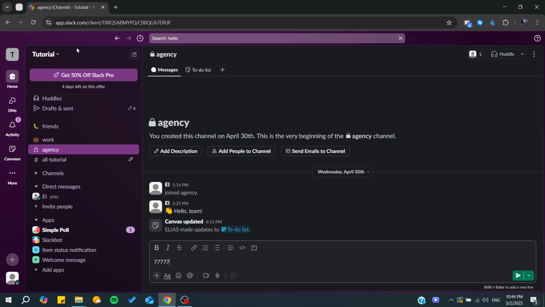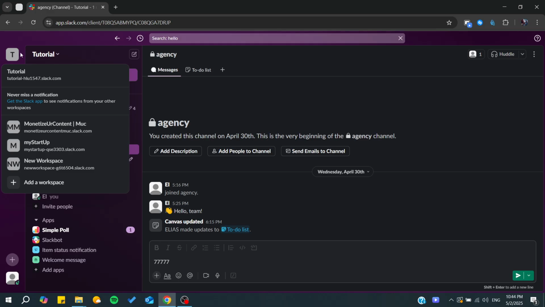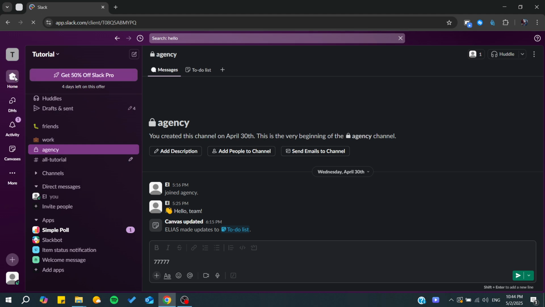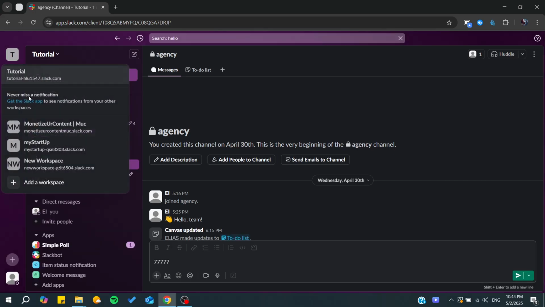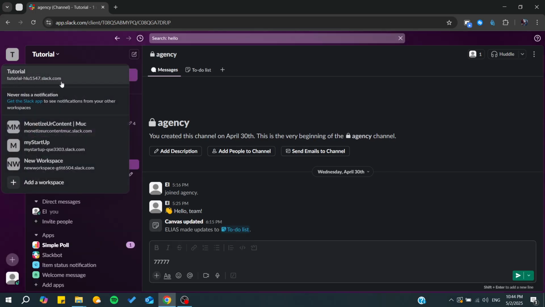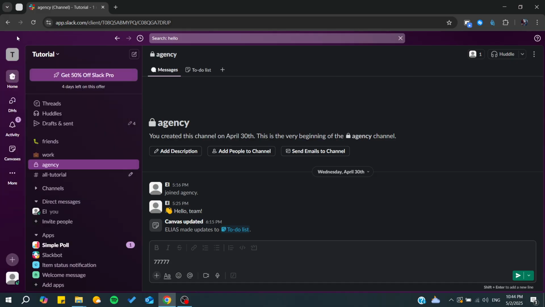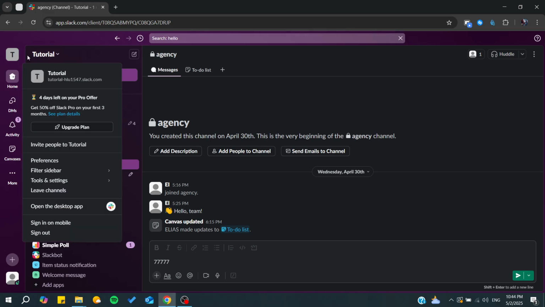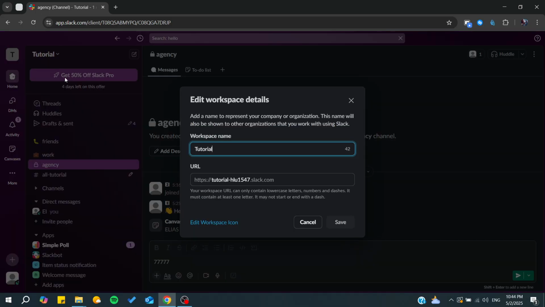So the simplest way is to simply go to your workspace title, and from there you will start getting the URL of your workspace. So either we can go from here and from this icon and basically you can already find this URL and you can copy it or do whatever you would like, and you will be able to start connecting to your workspace. Now, the second way to get your URL, you will just need to click again on the title and from here you will find this URL and then you can click on it